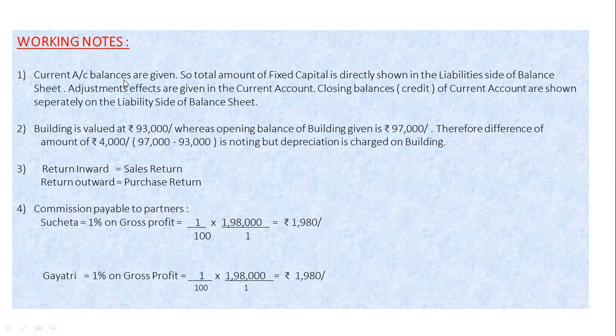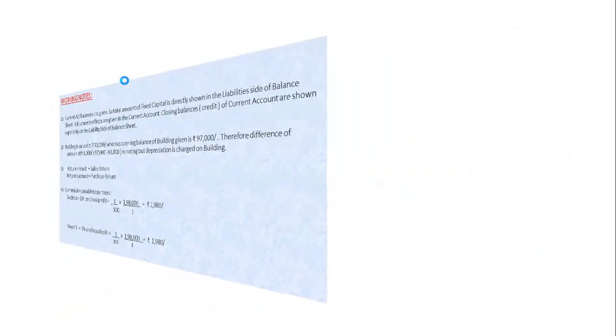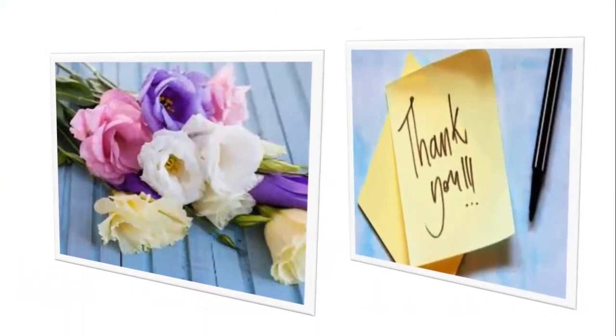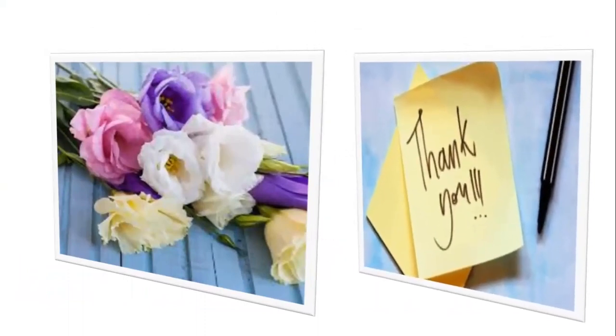With this, I hope that all of you have understood the various postings of the trial balance items and effects of adjustments in different forms of final accounts. With this, I conclude the problem and thank you all. Next, we shall solve example number 2 in the next lecture. Thank you.